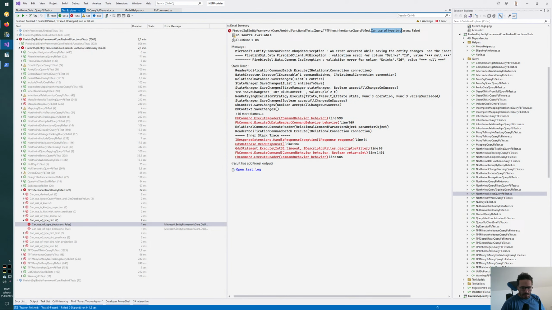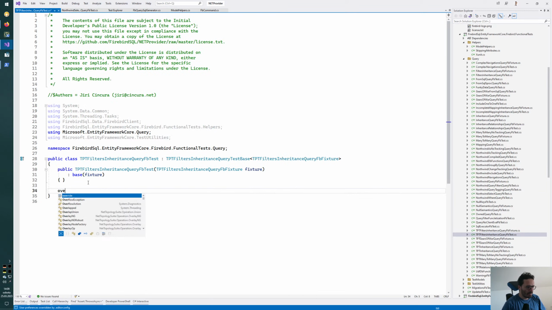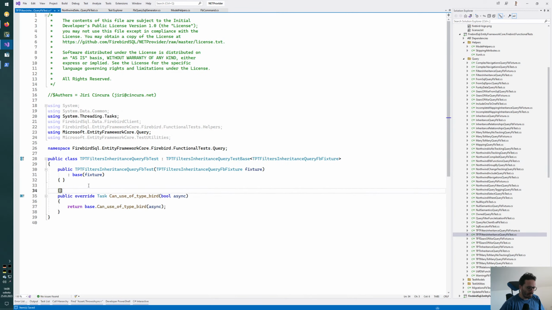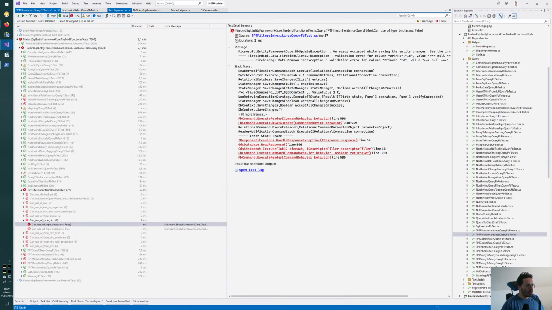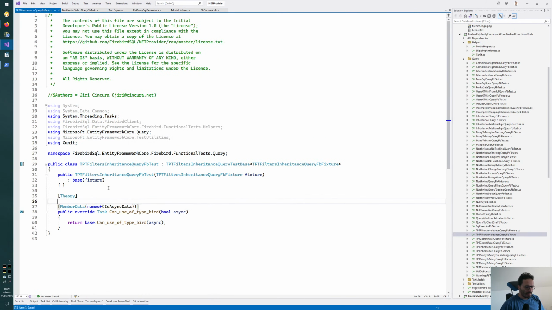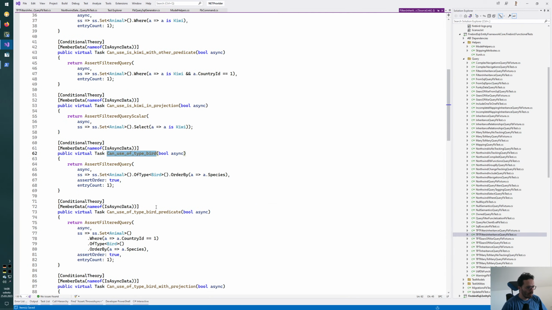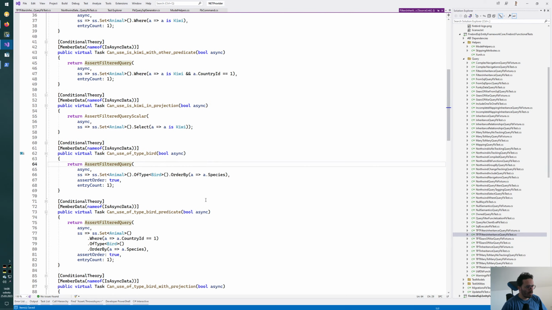TPT filters inheritance test. Theory. Can I copy paste it from somewhere? I can. So this is it. What's the test about? Asset filtered query. So it's probably failing